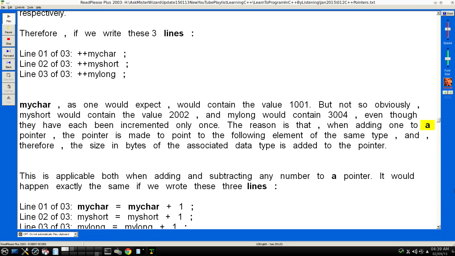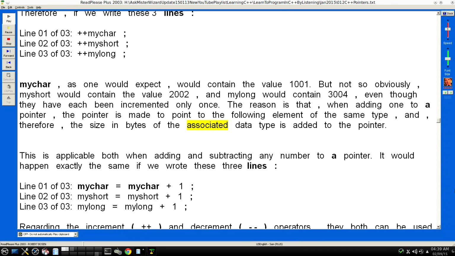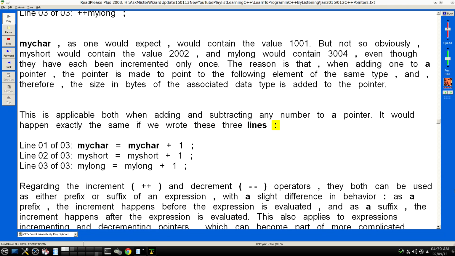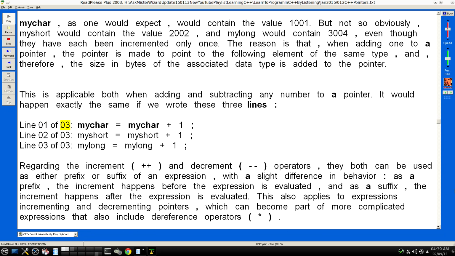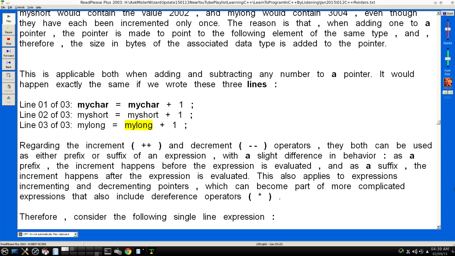The reason is that, when adding 1 to a pointer, the pointer is made to point to the following element of the same type, and therefore, the size in bytes of the associated data type is added to the pointer. This is applicable both when adding and subtracting any number to a pointer. It would happen exactly the same if we wrote these three lines: mychar = mychar + 1; myshort = myshort + 1; mylong = mylong + 1;